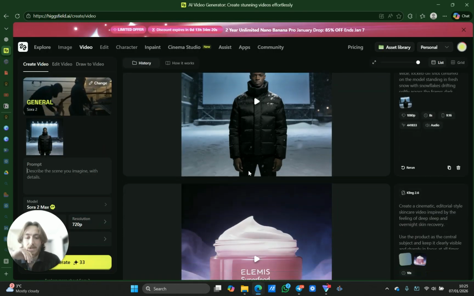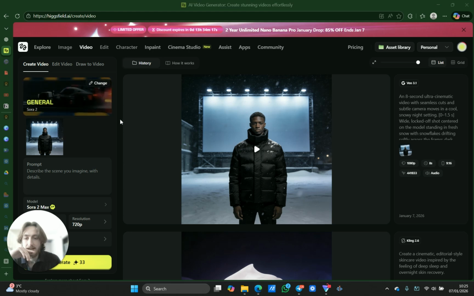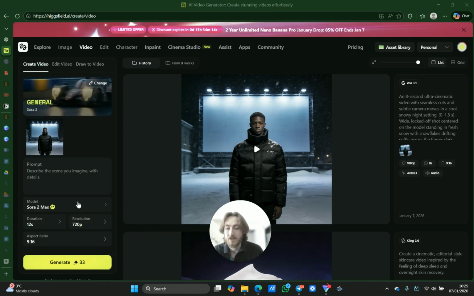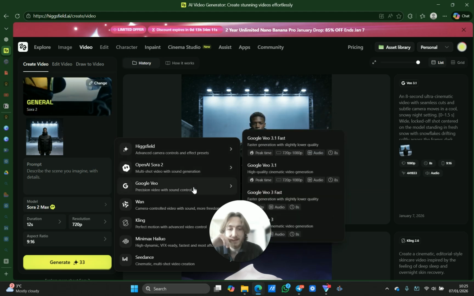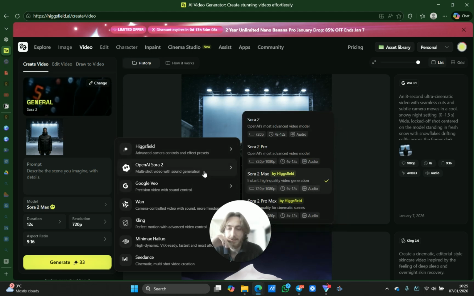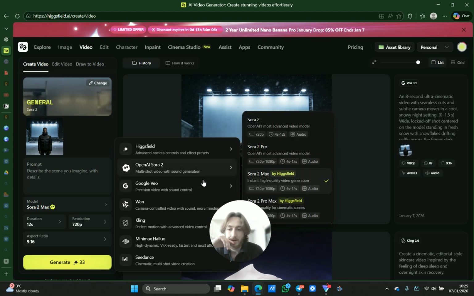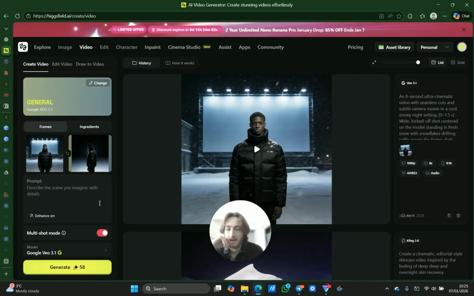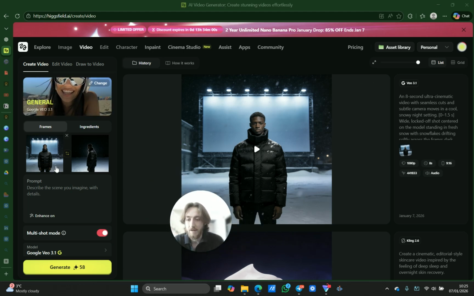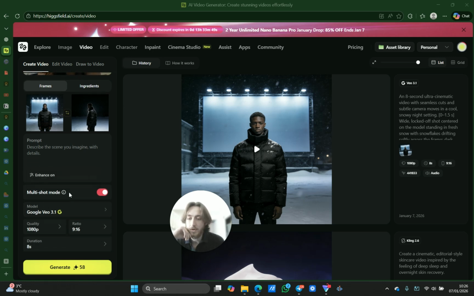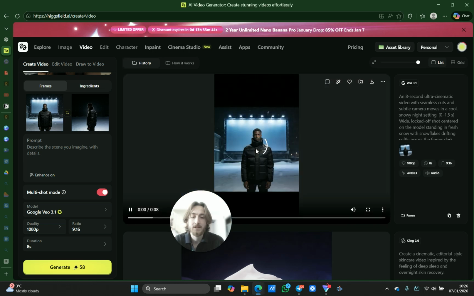So if we go to Higgsfield, as you can see here, it gave me the output, and it's currently on Sora 2 because I was messing around with it, but it was actually on, if I can remember, VO 3.1, sorry. So as you can see here, this is our starting frame and ending frame. And then I pasted in our prompt here. I enabled multi-shot mode because then it can split up your prompt into scenes and add camera cuts, right? Exactly what we wanted. Okay, and now if we have a look at this,